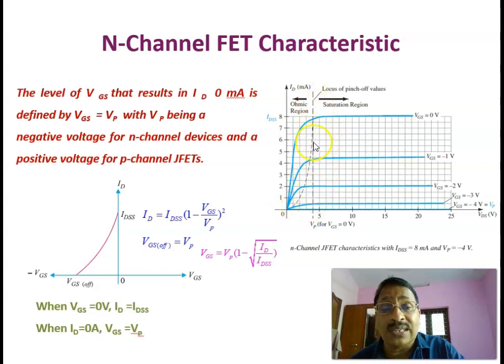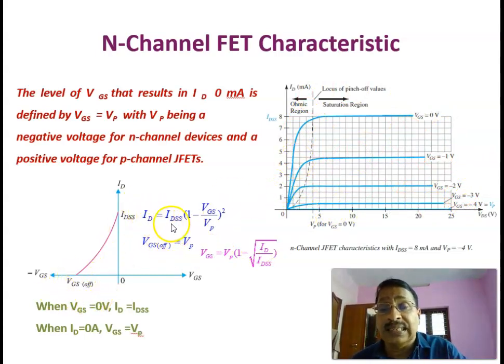If you see the locus of this one, if you draw a dotted line, this region is called the ohmic region. Ohmic region means when JFET is used as a variable resistor, it is made to work in this region. And when it is used as an amplifier, it will be used in the saturation region, also called the active region. When it is working as a variable resistor, it will be working in the ohmic region. Therefore, as VGS is changing, the curve is shifting like this one,